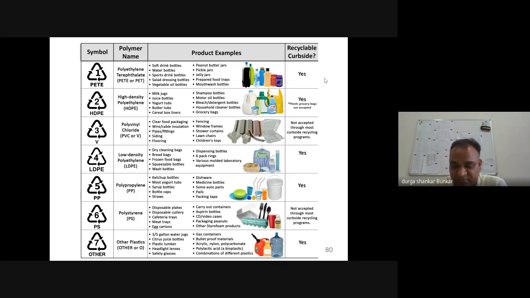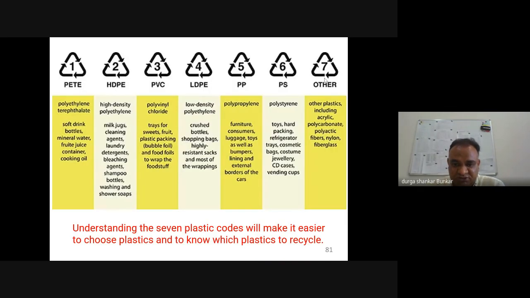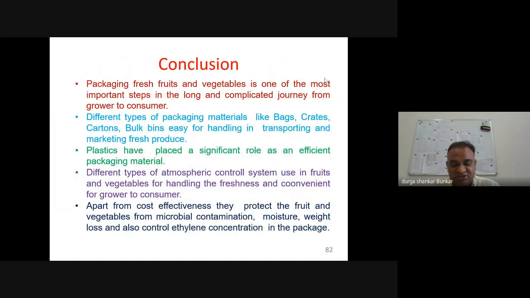As we know, packaging is a primary concern for reducing deterioration and microbial load in the food product. So understanding the 7 plastic codes will make it easier to choose plastic and to know which plastic to recycle. Finally, in conclusion, packaging fresh fruit and vegetables is one of the most important